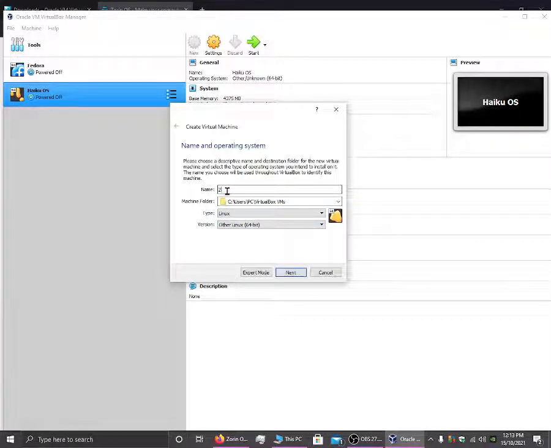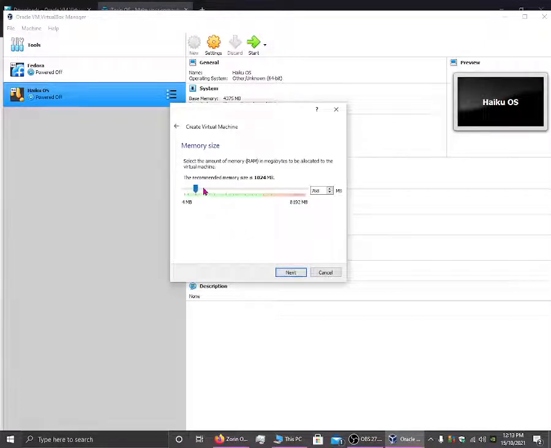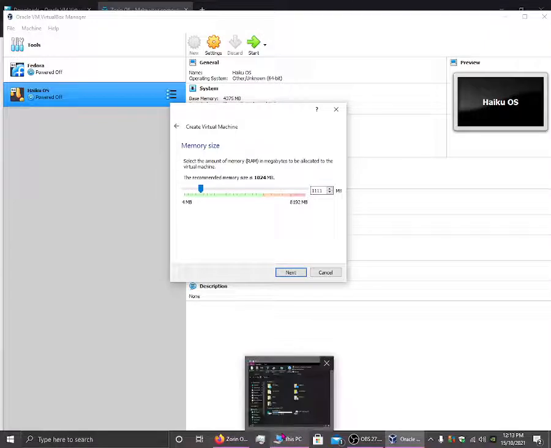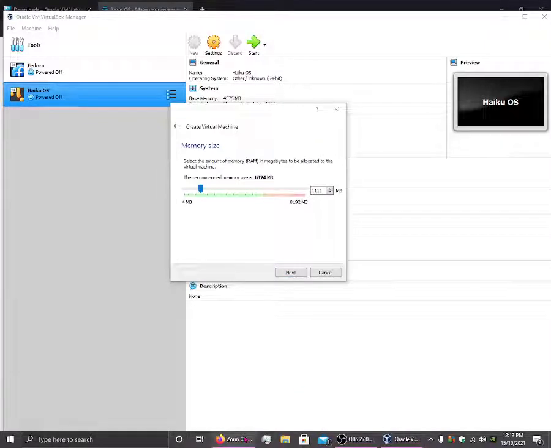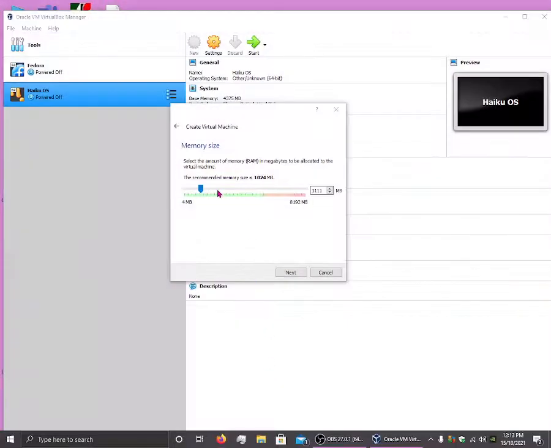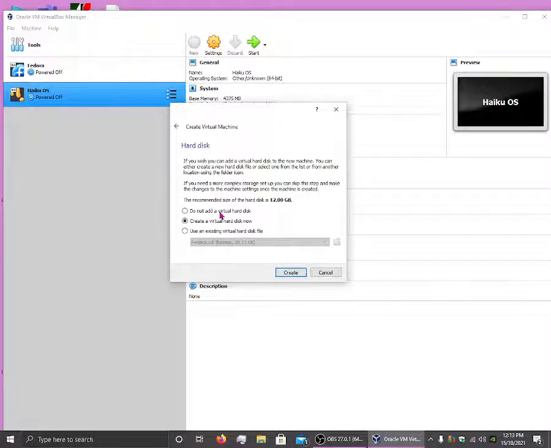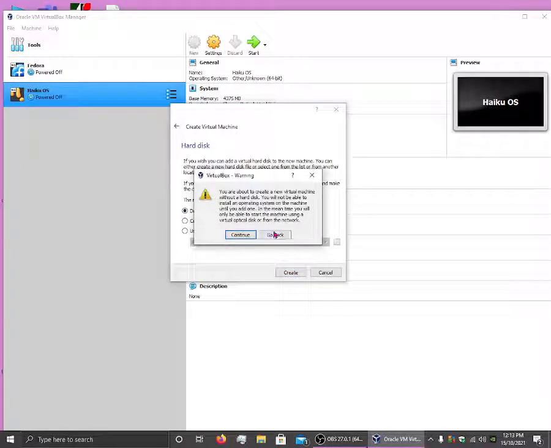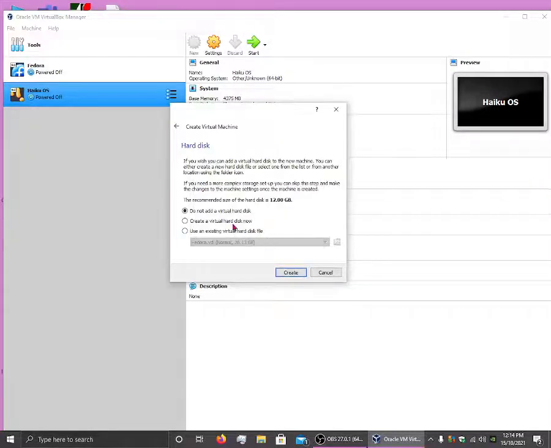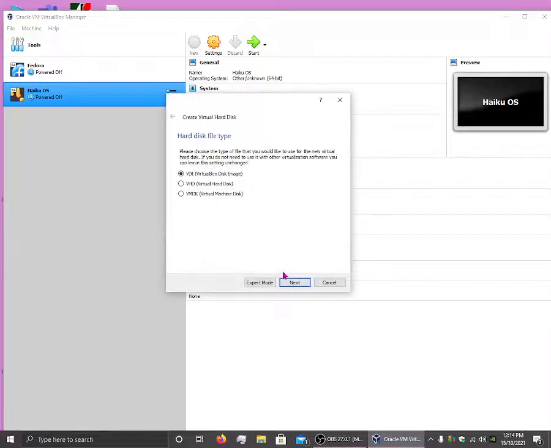Alright, for this one we can go to Zorin OS and make sure to go to next, and now give it as much RAM as you possibly can. Okay, I'm going to close out of this. Let's close out of Firefox as well. Give it as much RAM as I possibly can. In my case, I'll just give it around that. Go to next, create a virtual hard disk,